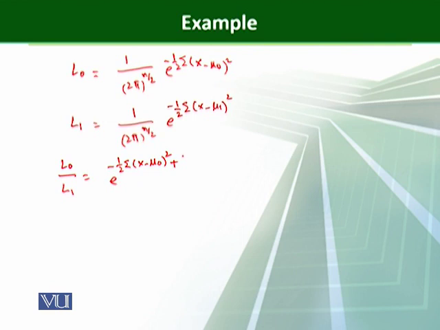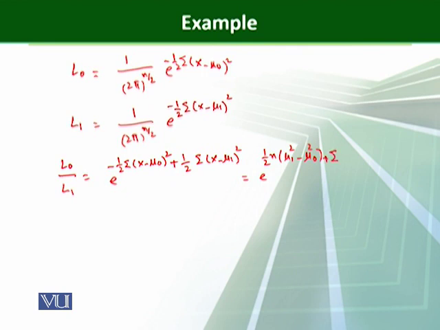So that is plus 1 over 2 sum x minus mu 1 square. इसको थोड़ा सा अगर हम सिंप्लीफाई करके लिख लें तो I think it will be more convenient for us, just opening the squares. और इसको जब हम सिंप्लीफाई करेंगे तो जो रिजल्ट आएगा, that will be e raised to power 1 by 2 n into mu 1 square minus mu naught square plus